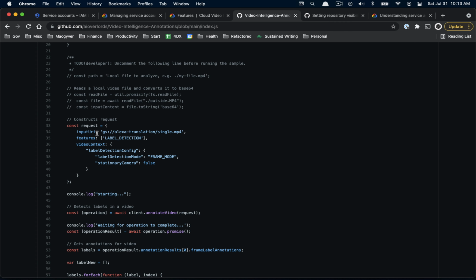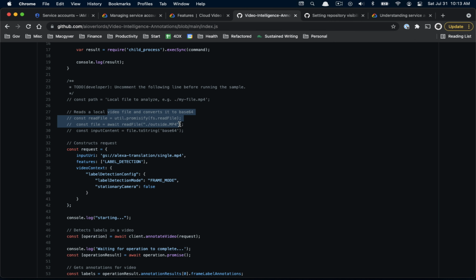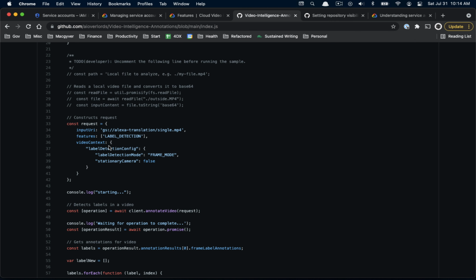You could pass the video to the API via like a local buffer, but it's not going to be as performant because you have to essentially upload the data as part of this. But if you upload the video to a Google Cloud Storage bucket, the API has wider pipes to connect with the bucket and transmit that data. So it just expedites the entire process here. So that's why I chose to do input URI that is on a Google Cloud Storage bucket, and we'll walk